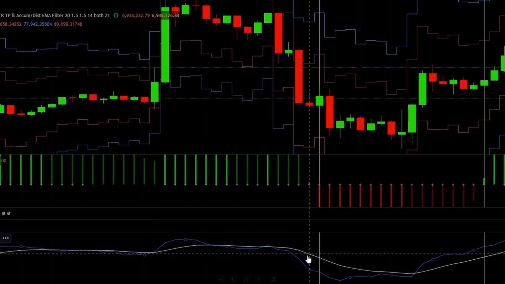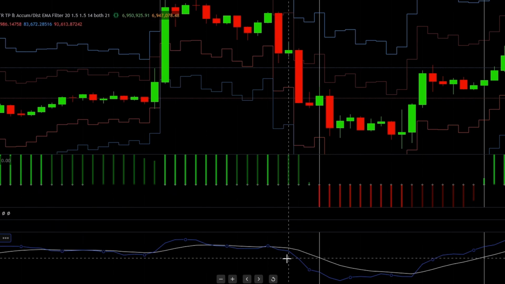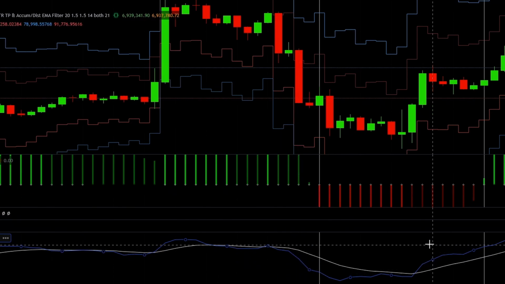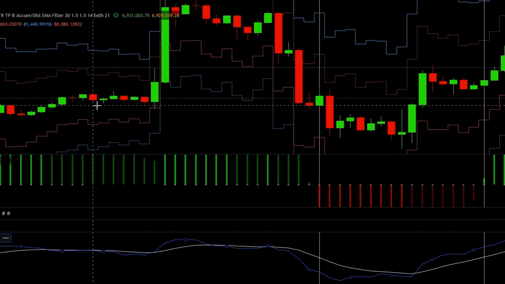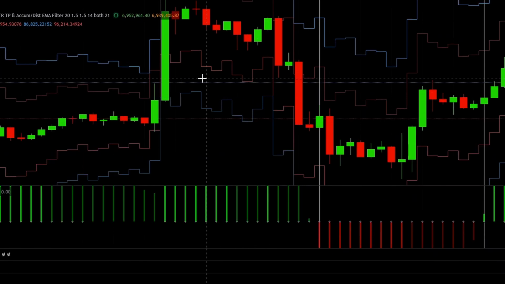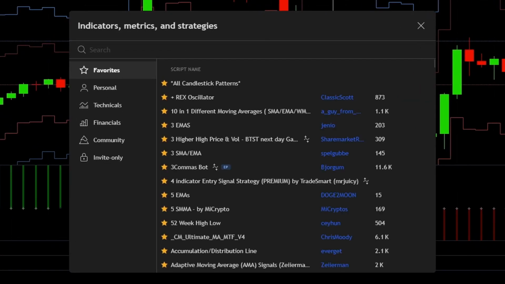So, a short entry, like this one, is only valid if the EOM is under the EOM-based EMA, and the long entry is only valid if the EOM is above the EOM-based EMA. Simple as that. Moving on, the next indicator will be a recommendation that was suggested under the previous video, and